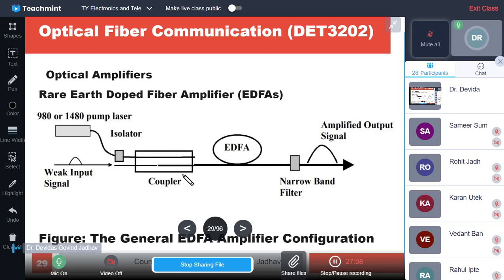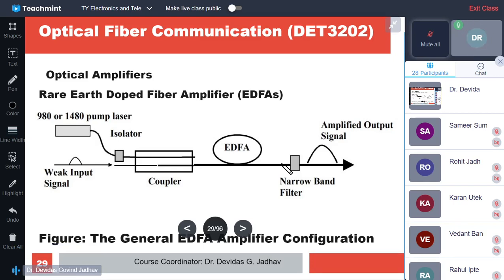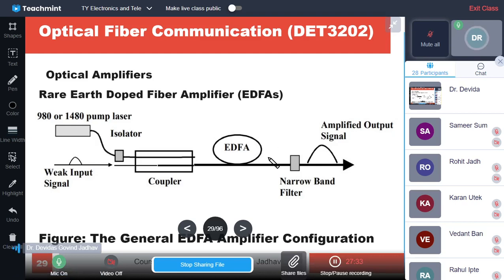So this coupler couples both, mixes both, and offers it to the EDFA fiber, the erbium doped fiber, and this erbium doped fiber again provides amplification with the help of this external pump energy. It uses this external pump energy and amplifies the weak signal, multiplying it into multiple photons of the same kind. So it amplifies the signal, and then it is passed through a narrow band filter to filter out any noise additions,